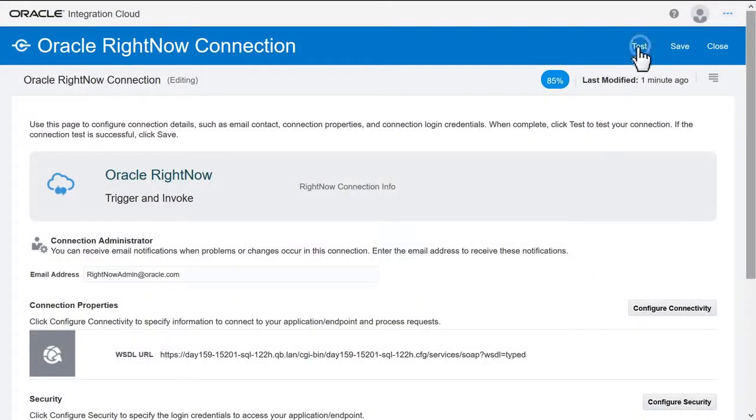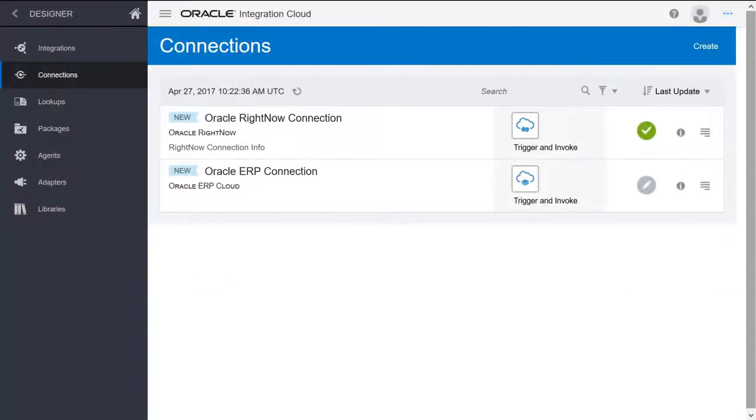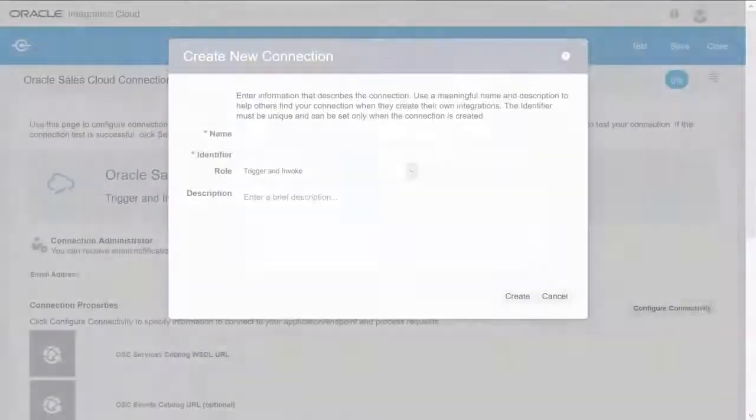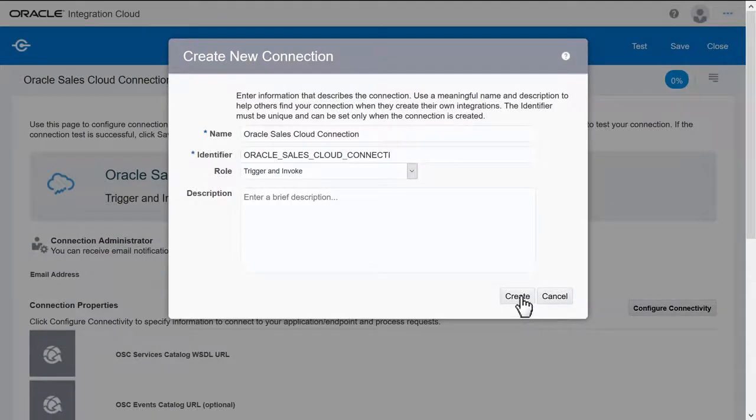Next, test the connection. When the test completes successfully, save and exit the canvas. The new RightNow connection appears in the Connections list. Repeat the configuration process for the Oracle Sales Cloud connection by entering the basic information about the new connection,